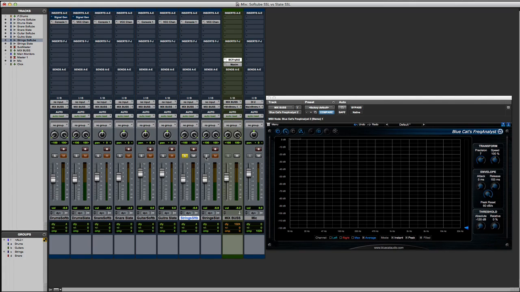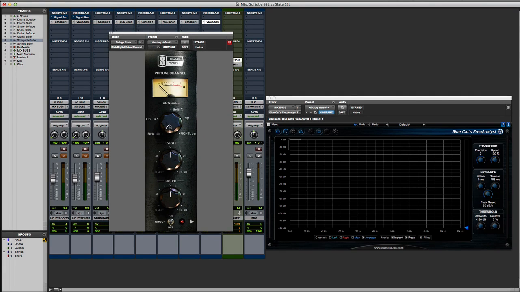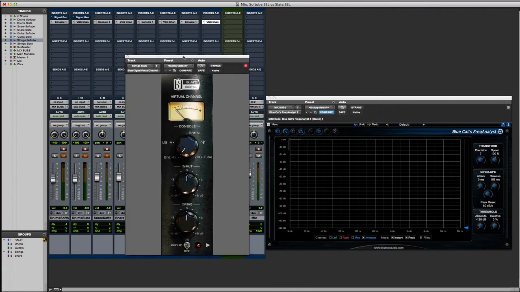There is a very slight difference, but it is very subtle, and I could not say clearly that one is better over the other at all. Obviously Console 1 is a different beast altogether because it's got the whole channel strip, whereas the VCC is just this. But the VCC also has other boards, which if I was to switch to those, you would really hear some difference. I guess to give you an example,